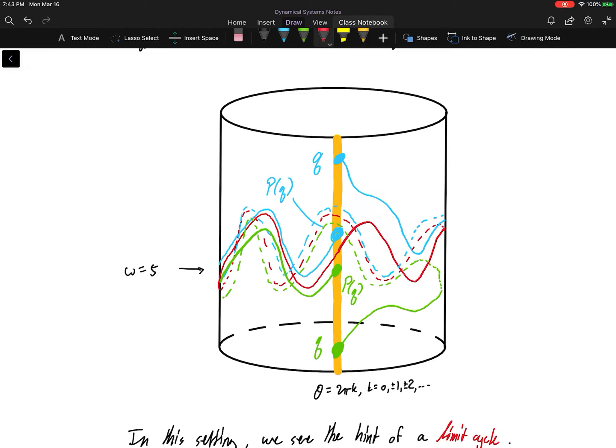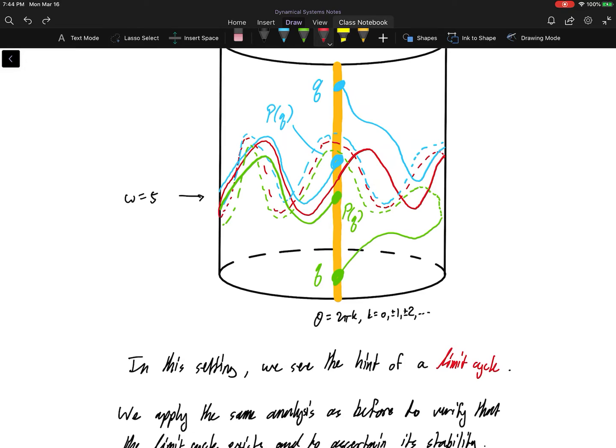But notice what's happening. We can still realize a Poincaré map if we think about the section as being this theta equals 0 axis. So specifically the Q axis, both positive and negative now, the whole axis, acts as a Poincaré section. This would be our sigma from before. And notice that as I start along any solution here, they eventually want to work their way down toward the red oscillating map, or the red periodic curve. Same thing with this Q downstairs. This guy eventually wants to go toward the red periodic curve,